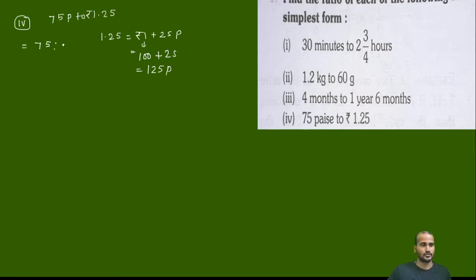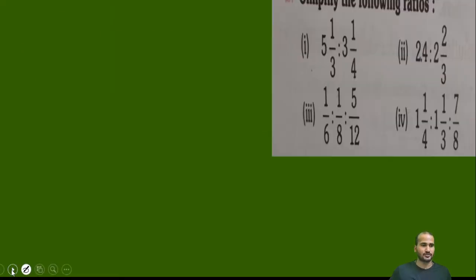So we just write here 75 used to 125. Now just look, this is 75 and we know the table of 25. If you don't know the table of 25, just divide by 5, because this is 75, this is 125, both divisible by 5. So if I know the table of 25, I just divide by 25. So 25 3s are 75, and 25 5s are 125. So your answer is 3 used to 5. And this is your answer. So both answers you will get. Now jump on to the next question.